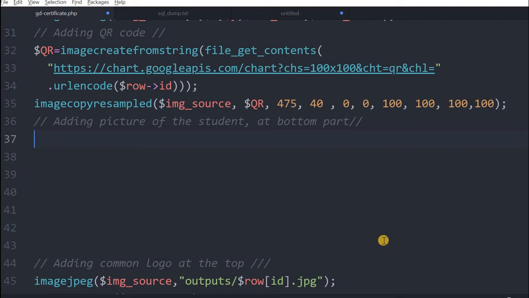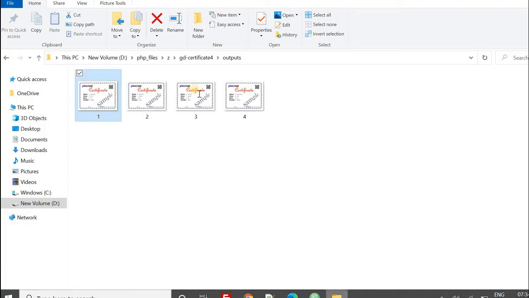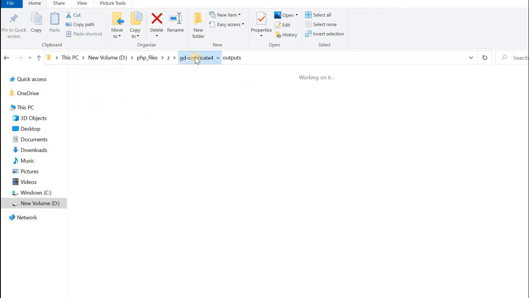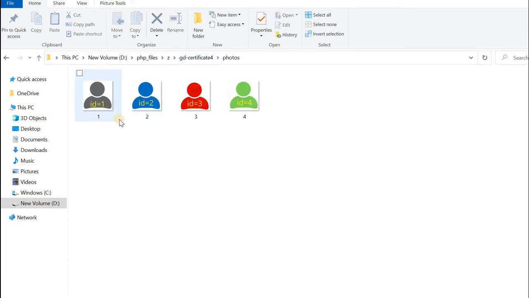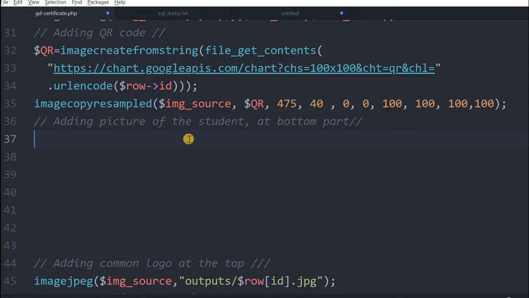But one thing you must see. Let's go there and see once. These are the certificates. Come back to photos. These names are unique, 1 2 3 4. I have given them 1 2 3 4. Why is the student ID given as the name? The reason is, suppose you have Alex. Now there may be two students with the name Alex. So if you save it as alex.jpg, then there is a chance that the wrong photo will be printed on the certificate. So to make the photographs unique, we have used the ID as the name of the particular student photo.